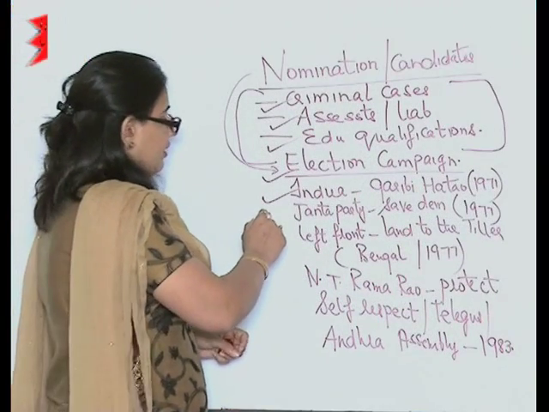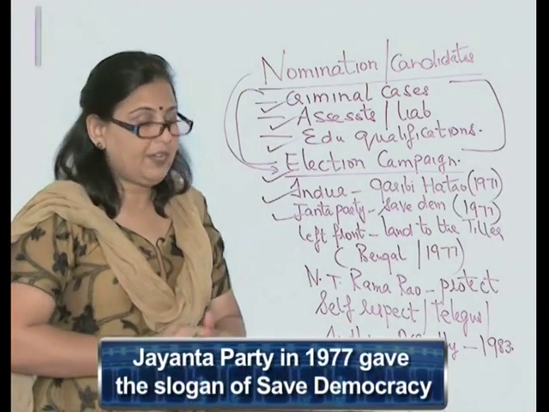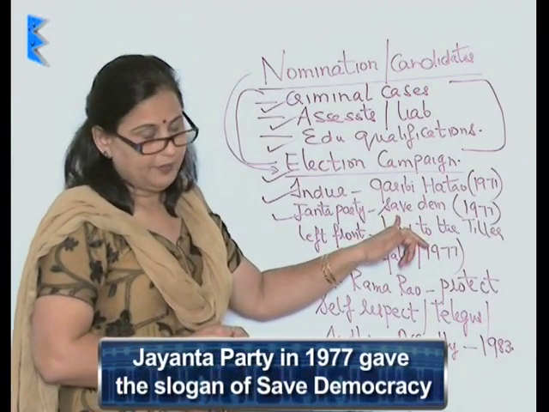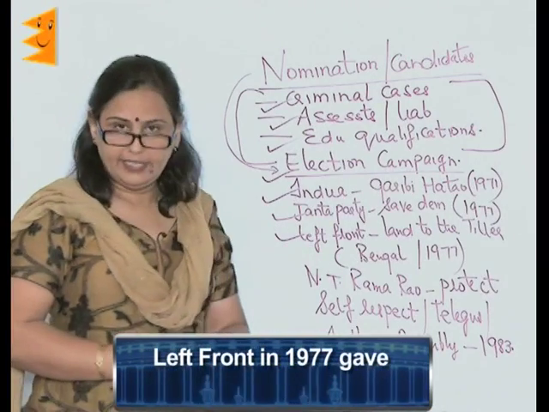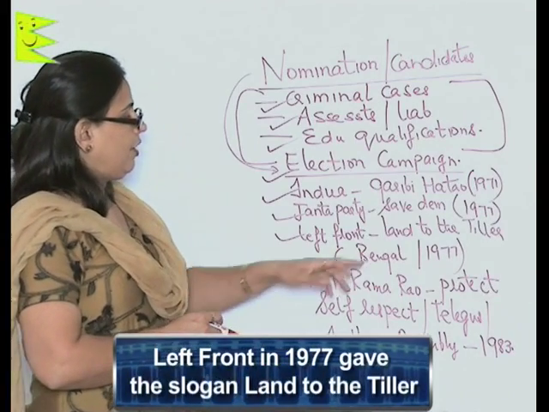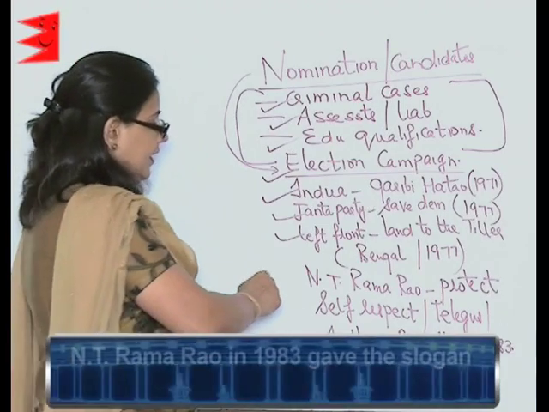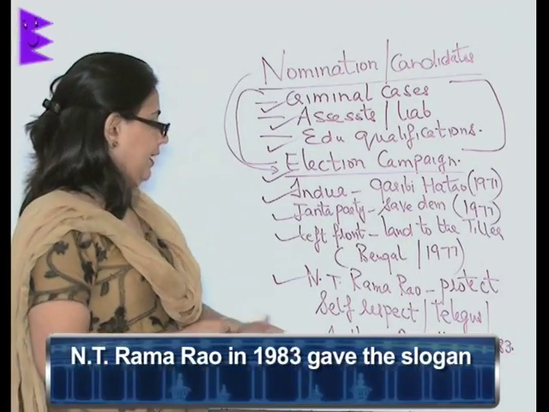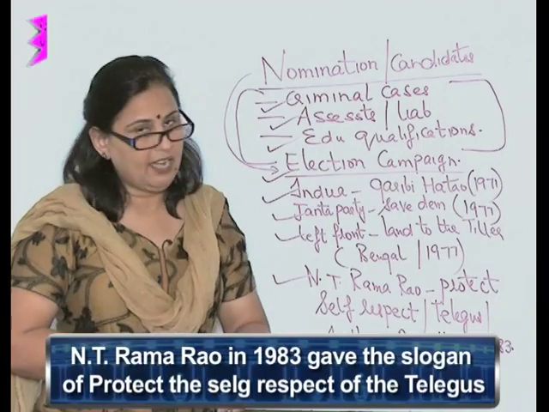Then the Janata Party in the next election of 1977 gave the slogan of Save Democracy. Then the Left Front in the Bengal Assembly election of 1977 gave the slogan of Land to the Tiller. Then we have N.T. Rama Rao, who in the Andhra Assembly election of 1983 gave the slogan of Protect the self-respect